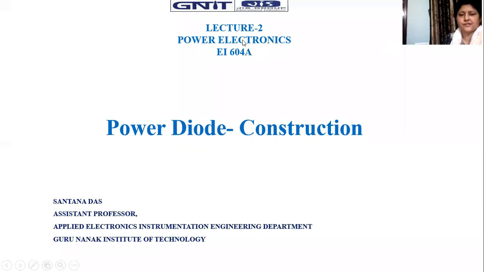Today we are at lecture 2 of Power Electronics EI 6048. Now, what is the topic today? That is regarding the power diode. We will understand the construction of the power diode and its operation, as well as the different layers involved in the power diode. Utilizing all those layers, we may enhance the current rating as well as the voltage rating. What is the voltage blocking property of the particular layer involved in the power diode construction? That will be the issue of observation today.